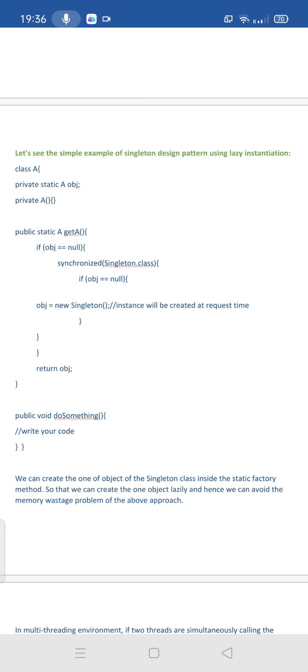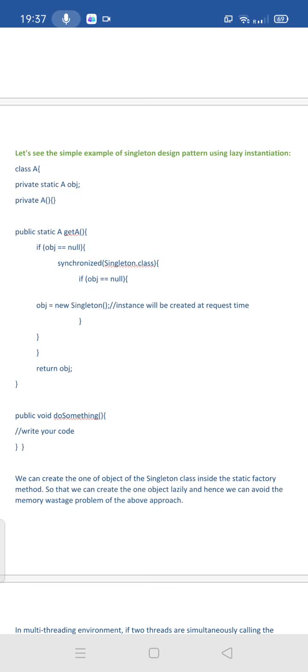Before returning, I am checking whether the singleton class object has been initialized, I mean instantiated or created. So I am checking whether obj is null or not. If it is null, only then I am creating the instance of the singleton class. And if obj is not null, that means the instance of the singleton class has already been created, so I am returning it. So I am creating the instance of the class only when obj is pointing to null.